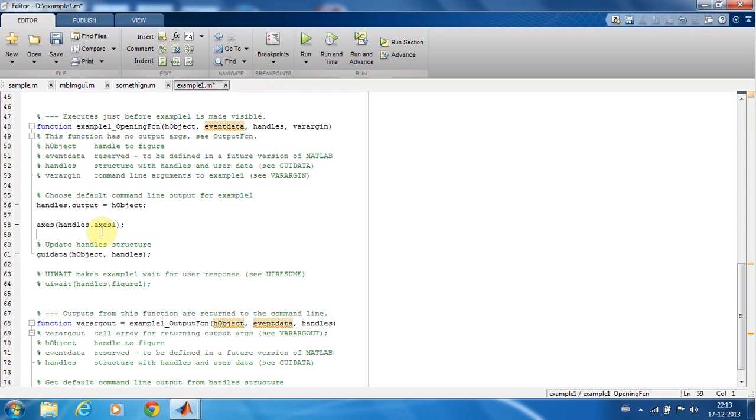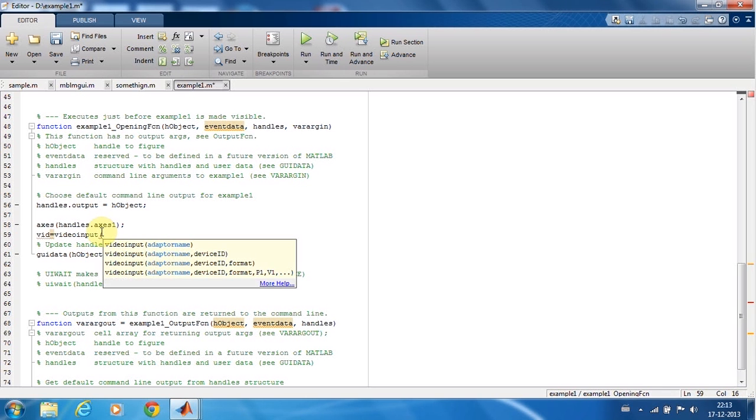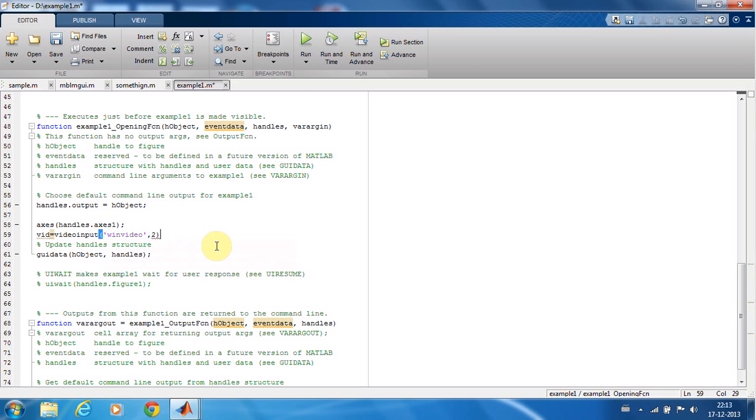Now vid should be videoinput. Now this is where you will use the parameters from the toolbox that we had just earlier seen. So this is the type of the video, that is winvideo, like I earlier showed you, and this is the device ID. So this is the adapter name basically, and this is the device ID. Close it,